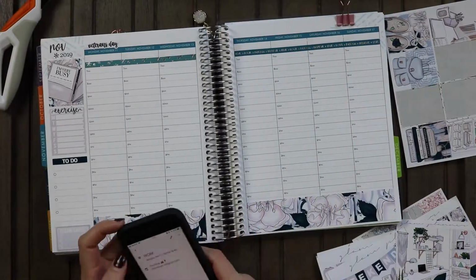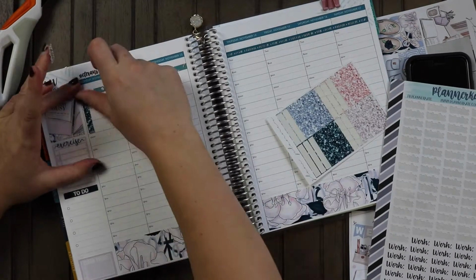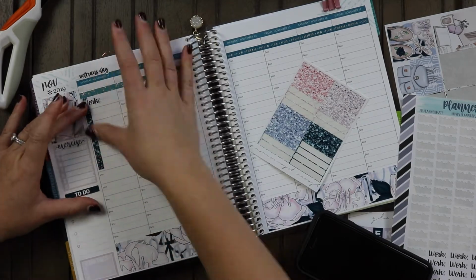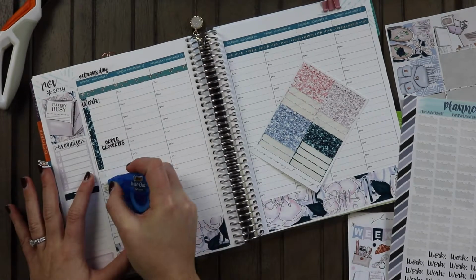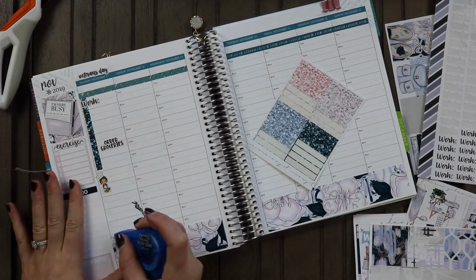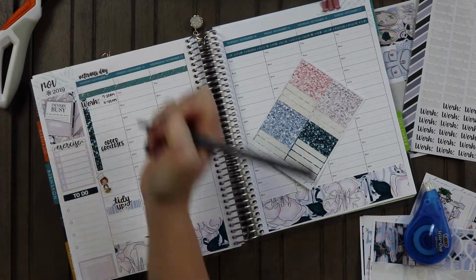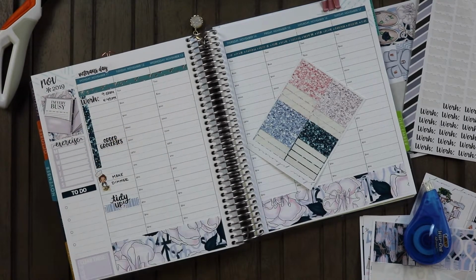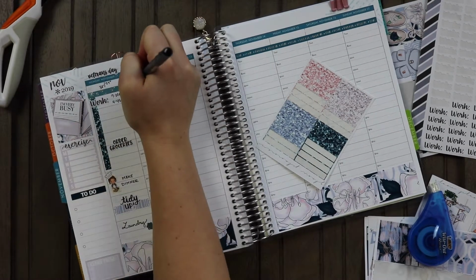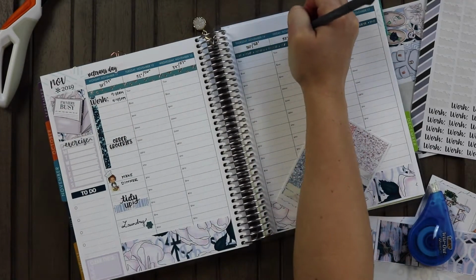But I do want to point out that I am filming this on a Saturday. I typically kind of like backlog when I plan. A lot of times I will wait till the end of the week before I go through my planner and kind of quote decorate it. The reason I do this is just because I don't like to go back through my planner and cross out things that I don't do. I tend to overplan or kind of think of too many things that I could accomplish in a day when in reality there's only a handful of things that I can do. So I like to go in at the end of the week and just record what I was able to